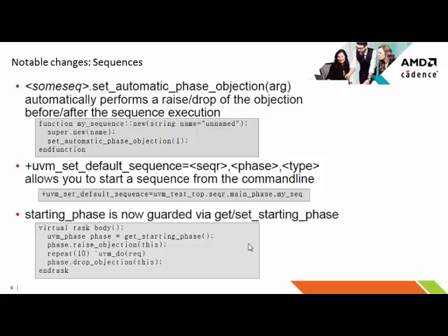Now, speaking to Roman about this, Roman of A&D wrote this paper, and they've been using 1.2, trialing it on some of the block rather than SOC, and we'll speak about why he started at block rather than moving to SOC. We'll speak about that later in the presentation. But he says this can be useful, for example, when you've got a slave and you want that slave to have a default sequence so it can respond to